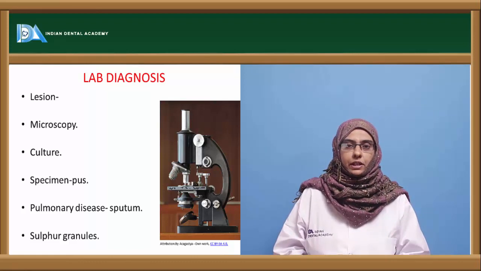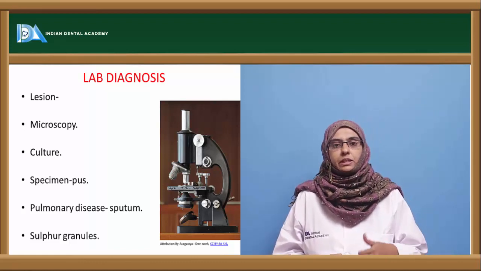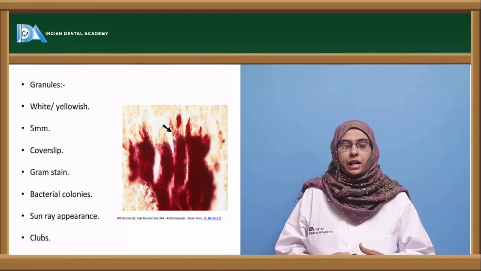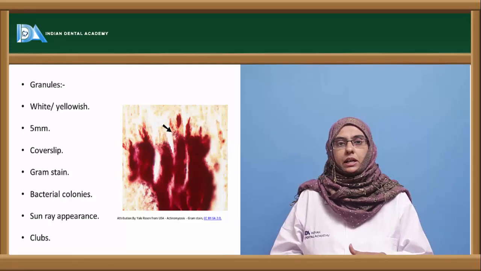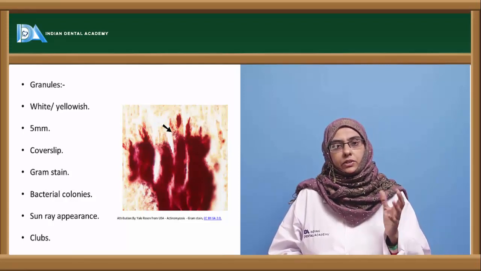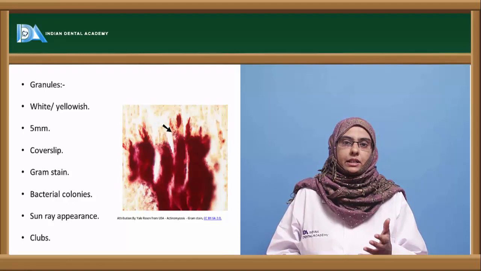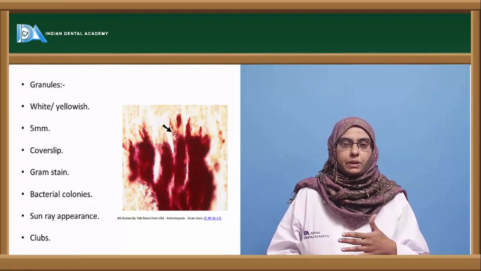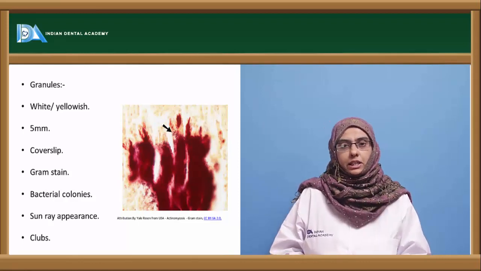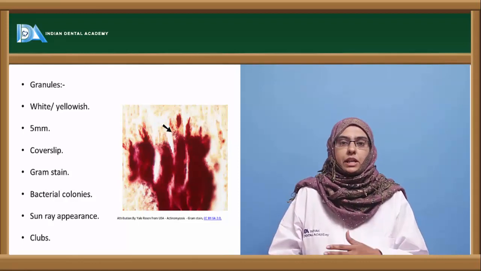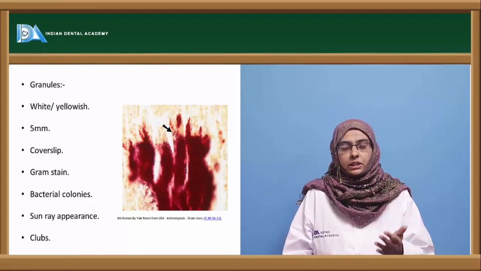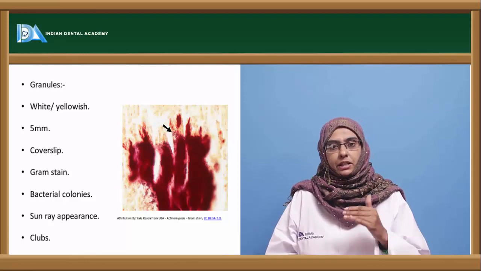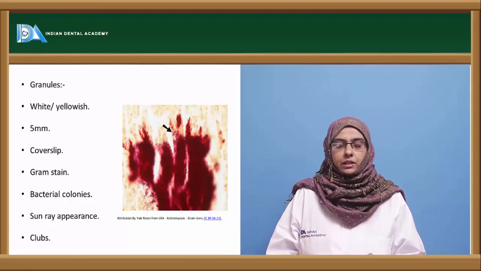The observation of sulfur granules in microscopy helps in demonstration and identification of the organism. The sulfur granules can be collected from the discharging sinuses. They are usually taken in a test tube mixed with saline, and when the granules settle, they can be extracted with a capillary pipette, or we can directly collect the granules from the discharging sinuses with a sterile gauze pad. These granules are then taken on a cover slip, crushed between the slide and the cover slip, and observed under the microscope.